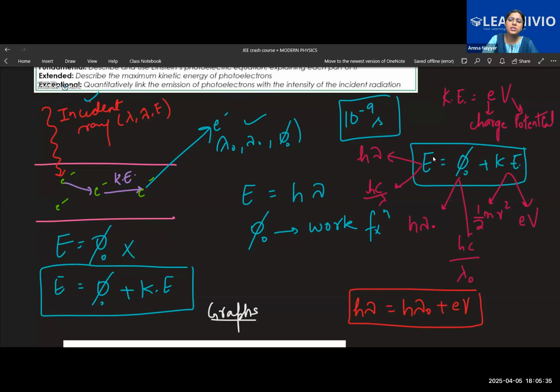For kinetic energy, you need to subtract the work function from the energy. Basically, only these variables are given in the question. Either the frequency or wavelength of the incident light will be given. Whatever is given, you choose this. For the threshold, either the threshold frequency or threshold wavelength will be given. If not, it will directly give you the work function, then directly use that. For kinetic energy, either the kinetic energy is given directly, or the charge or potential is given, and you can multiply it with E to get kinetic energy, or velocity will be given and you can use that to get kinetic energy. If not, direct values will be given and you can use this equation.